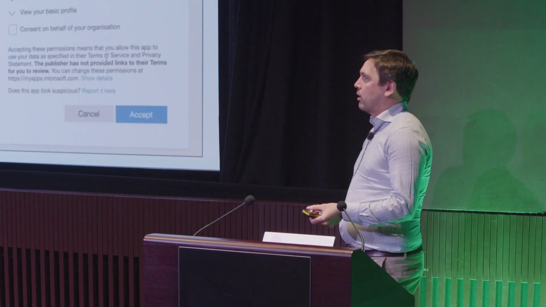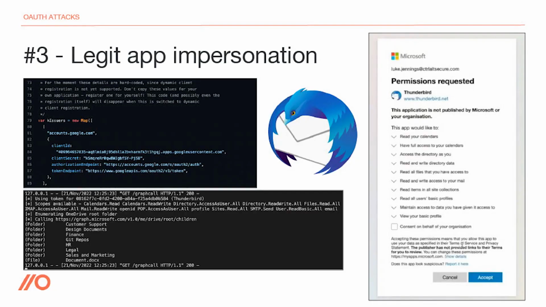The third example, which I didn't think of first when I was doing research for this, and then I realized was probably worse, is that there's actually certain scenarios where you can genuinely control a legitimate app. So you almost get both benefits of the previous two. In this case, I've picked on Thunderbird, but it applies to lots of different OAuth apps. Now,